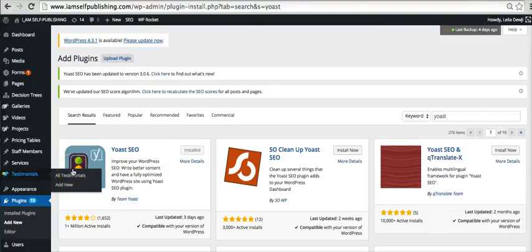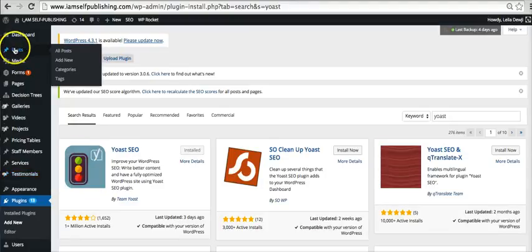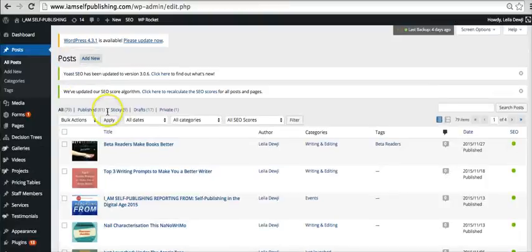Once you've got that on your system and set it up, it will create a box at the bottom of all your WordPress blog posts. So I'll show you how this looks on one of our recent posts. So if I show you on this one here,